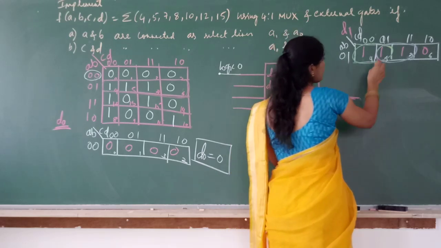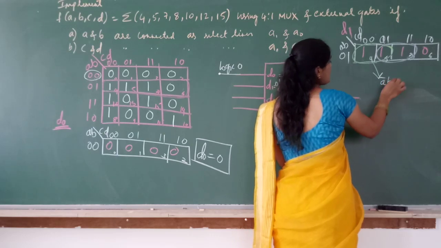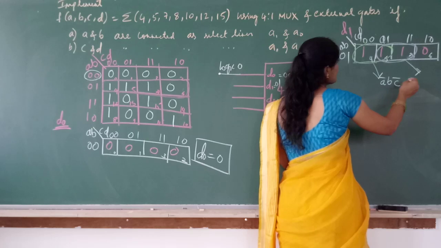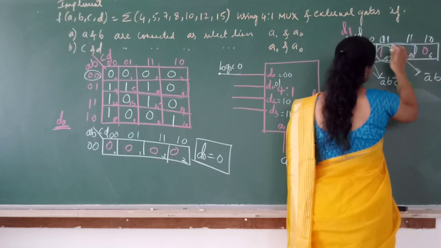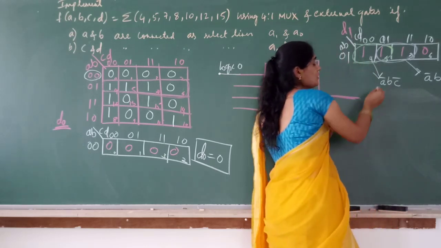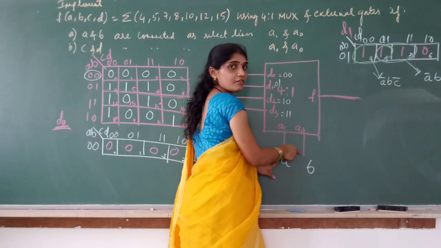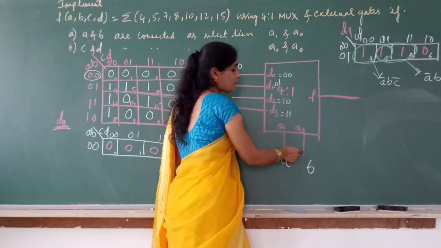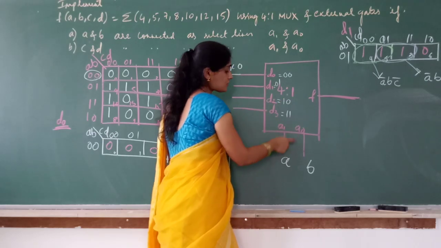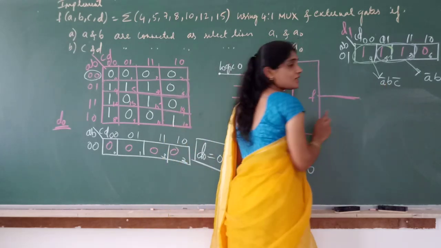Now, if you group 4 and 5, what is the equation we get? When you group this, you get A bar, B. Here it is C bar. When you group this, what do you get? A bar, B, and here C is cancelled, D. A bar B D. But we are already giving AB here. Only when I give AB as 0, 1, only then D1 will be connected. Am I correct? Already I am giving AB here. So I need not include AB in the equation.